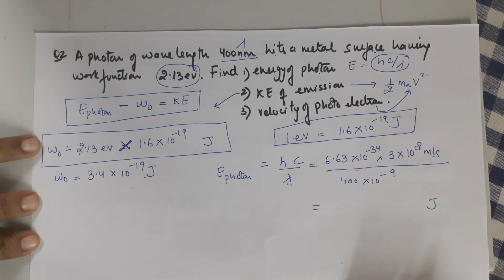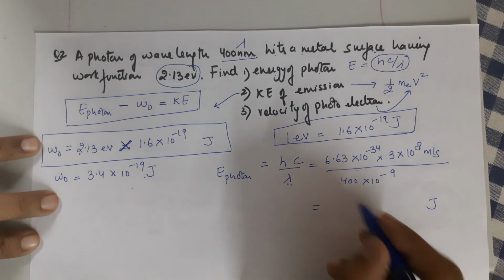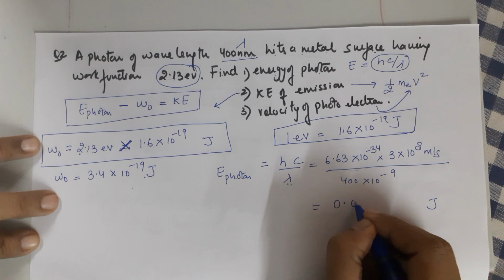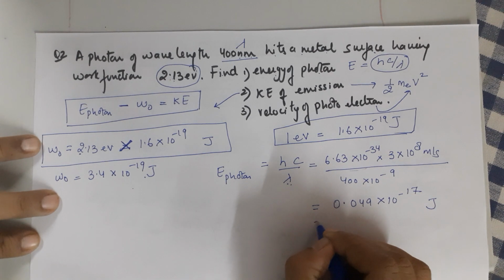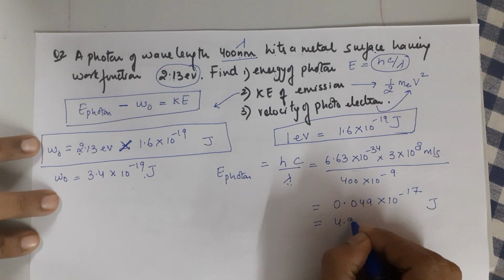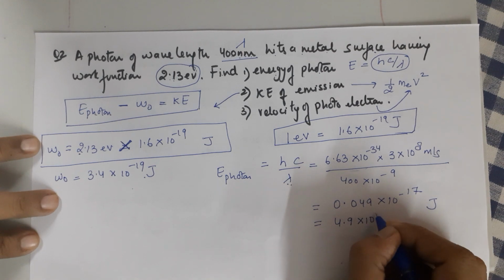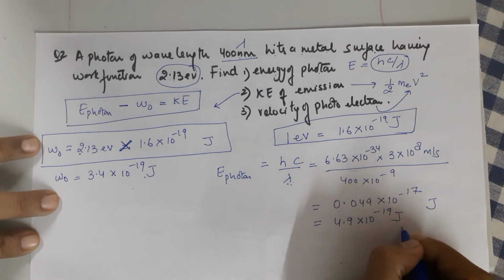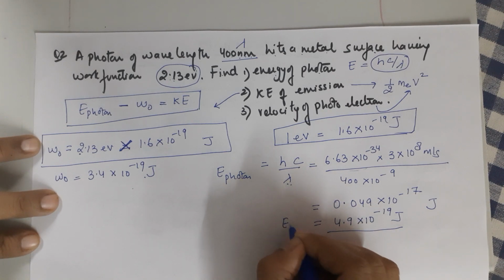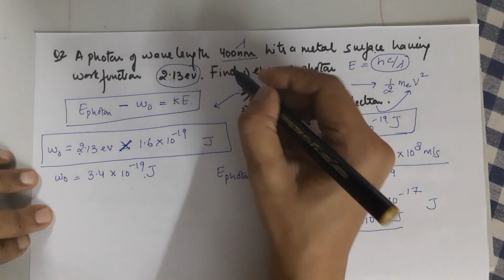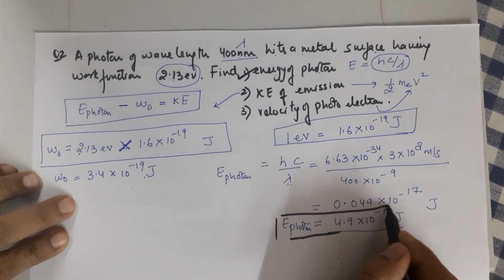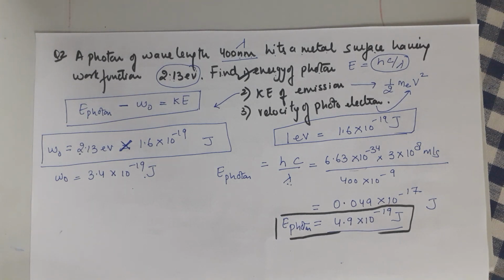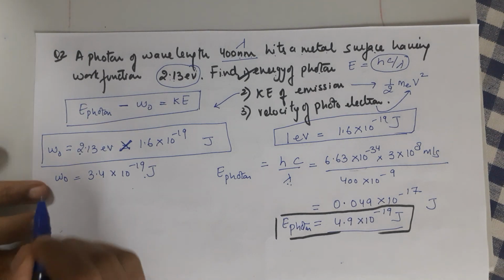On calculating this value, you would come up to 0.049 into 10 to the power minus 17. I am rewriting it as 4.9 into 10 to the power minus 19 joules is the energy of the photon. Done. So the first part, that is energy of the photon, is over. Okay. Now moving ahead,